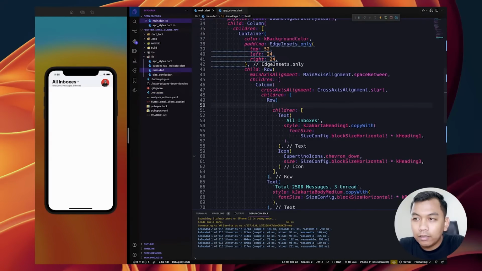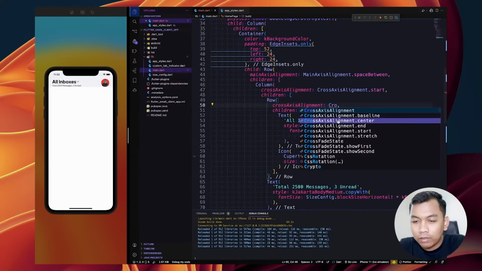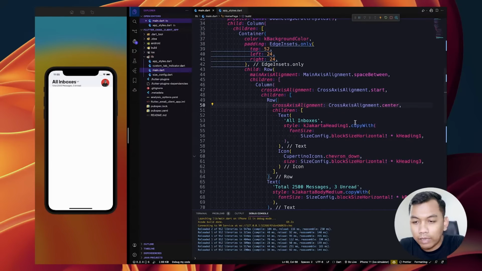And inside this row widget, we will set cross axis alignment to be center. Look like this.